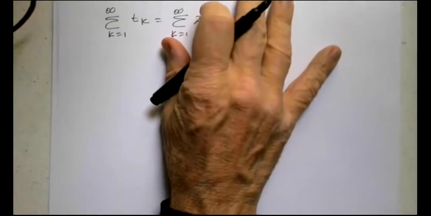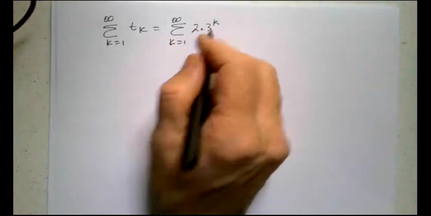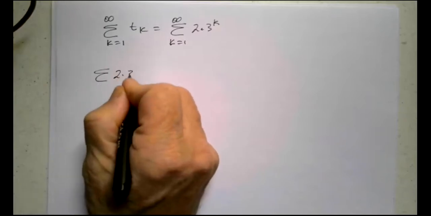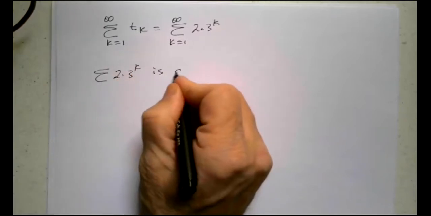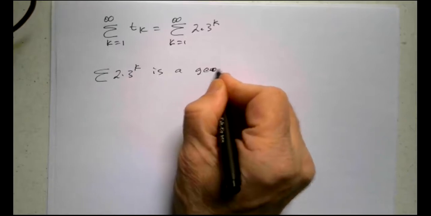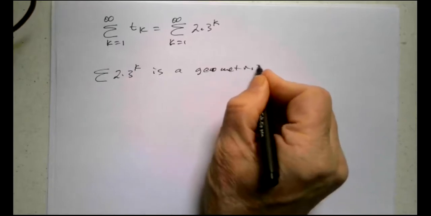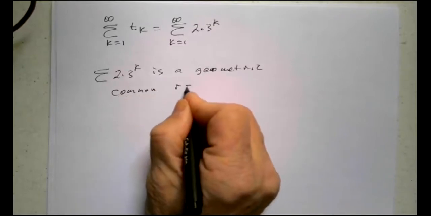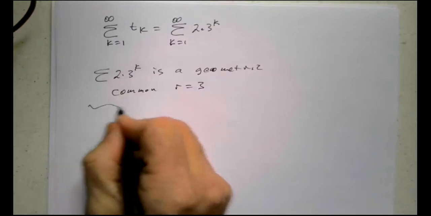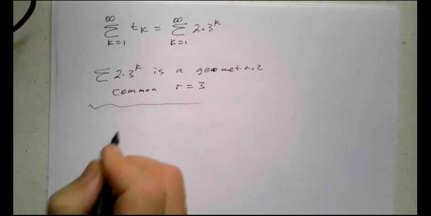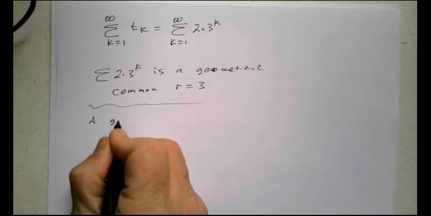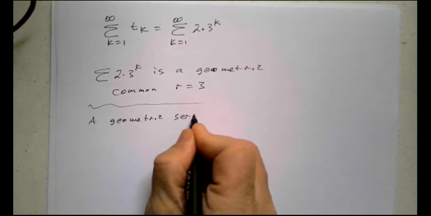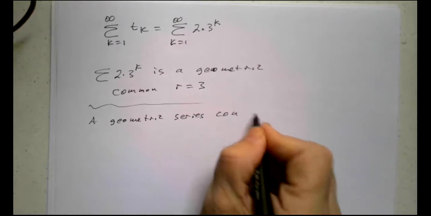Well, what can we say about this? 2 times 3 to the k is a geometric sequence, so the sum of 2 times 3 to the k is a geometric series. Common ratio of 3, r equals 3. Now, what do we know? A geometric series converges, which means it's going to stabilize on some number